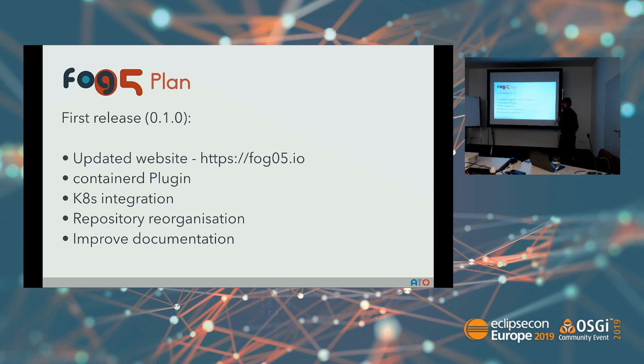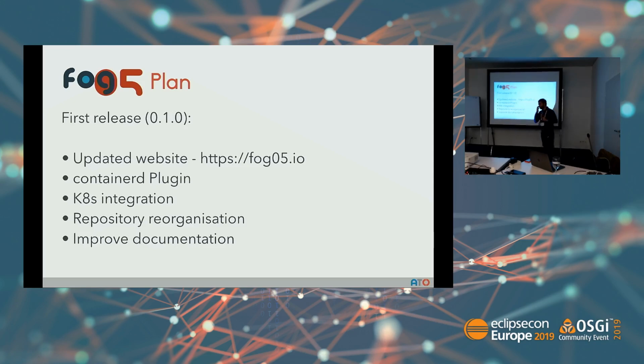With Kubernetes integration, I mean we want the user to be able to use the Kubernetes API, the Kubernetes command line interface, for instance, and YAML to deploy applications using fog05. In this case, we are not thinking about deploying containers, but mostly about adding the possibility to Kubernetes to deploy native applications or robotic applications. So we are working on that, and we are trying to see where we can hook up on Kubernetes to add this possibility.